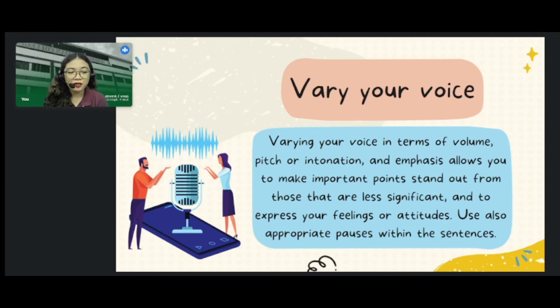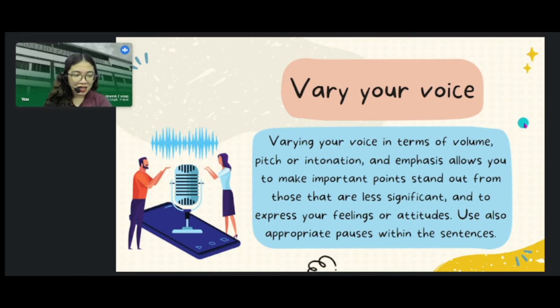Okay? So, in varying your voice, hindi ito yung aarte ka, kahit hindi ka magaling mag-pronounce sa arte ka. Kaya nga, may practice, di ba? So that you can vary your voice. Okay? So, sa varying your voice, hindi lang to about sa boses mo. Of course, doon na rin sa pronunciation, sa enunciation, and also sa diction mo while delivering your speech.